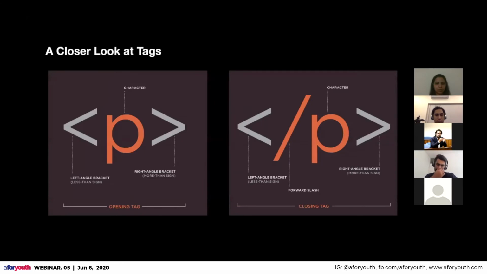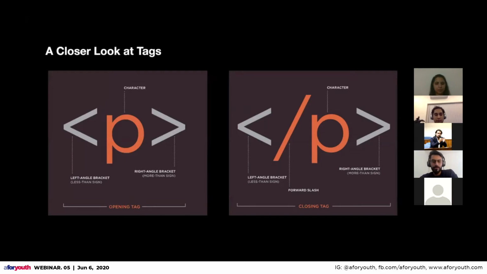So yeah, let's take a closer look at what tags are like. You see there is a left angle bracket, which starts the tag. And then you see the character, H represents a heading, P represents a paragraph, and then you have text, just like normal text.